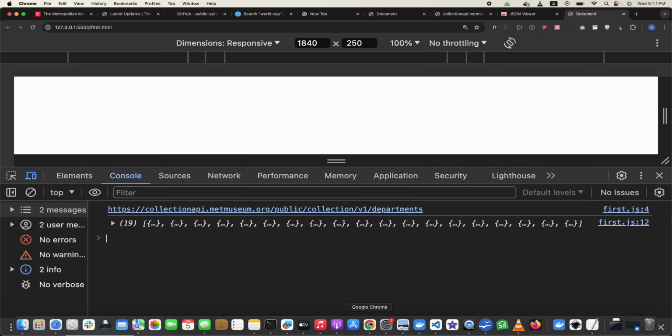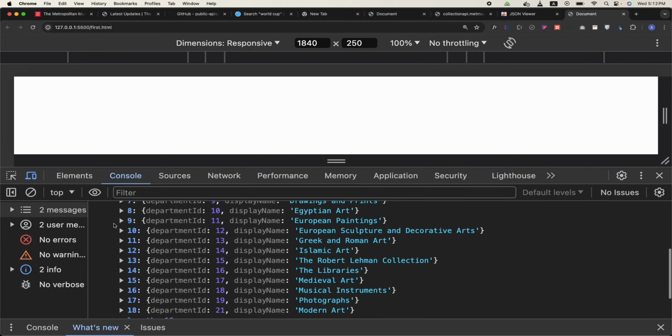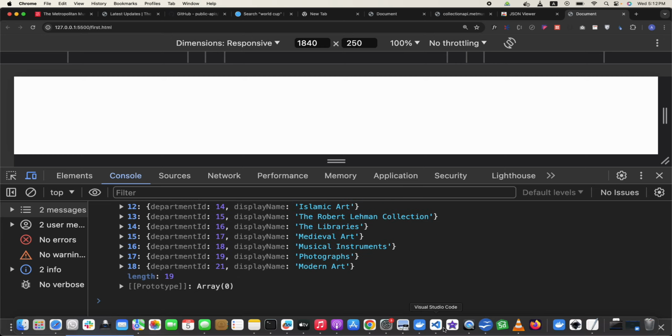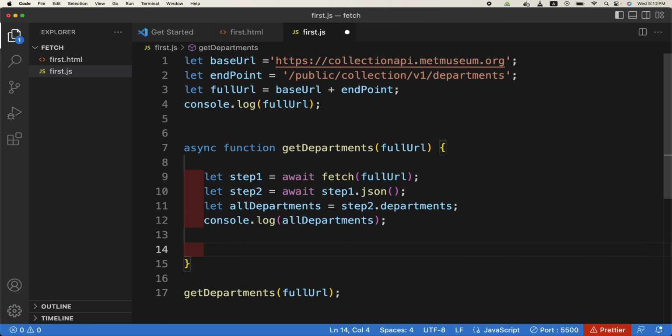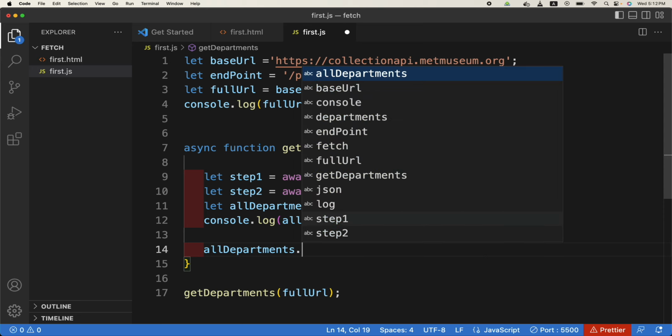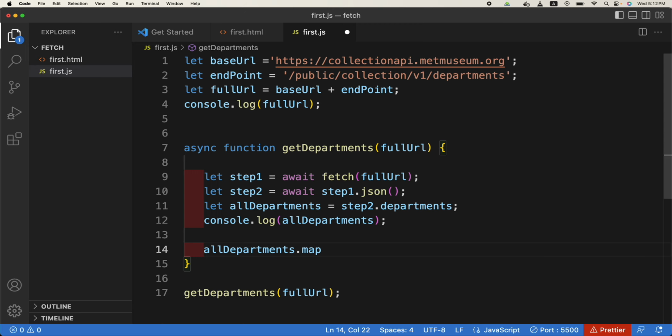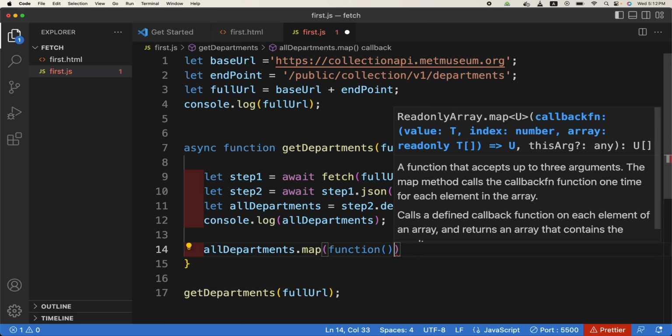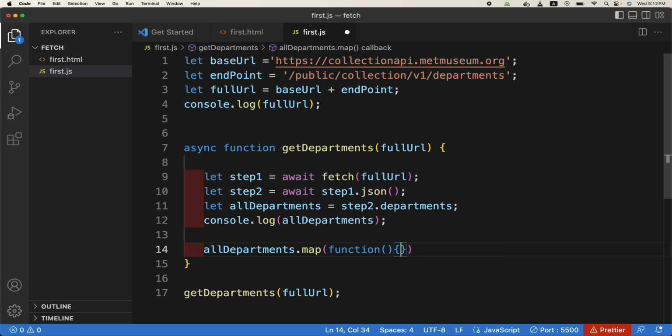what will it be? This is an array of 19 departments, and every member of the array is an object itself. Okay, and the object has department ID and display name properties. So let us now loop through it. How to loop through it? Map function is the best friend you have. So all departments dot map, and you know by now map is passed a callback function. You can pass it an arrow function also, but for now let us pass it a normal function, callback function, and each member of the